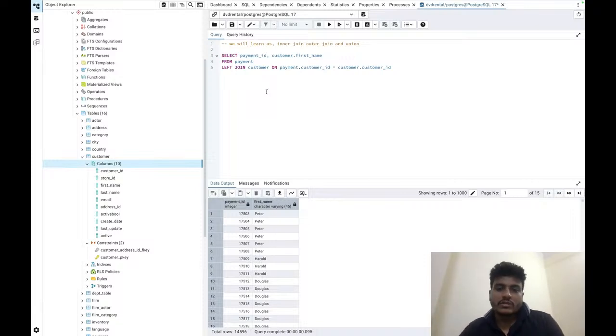So this is the full outer join. We can put just right in the place of left. So this is the right operation,